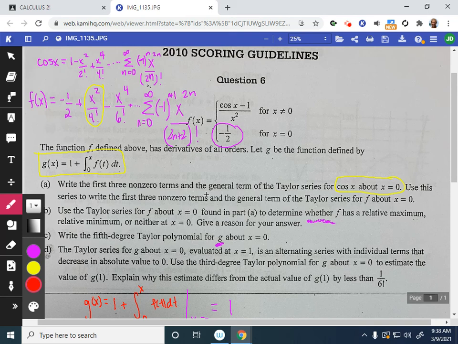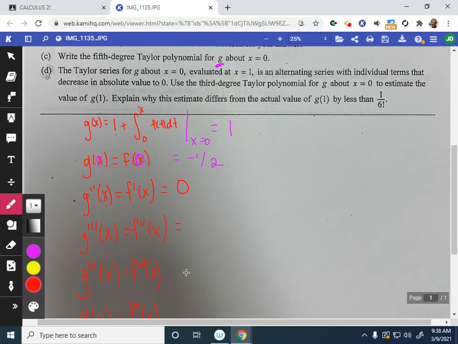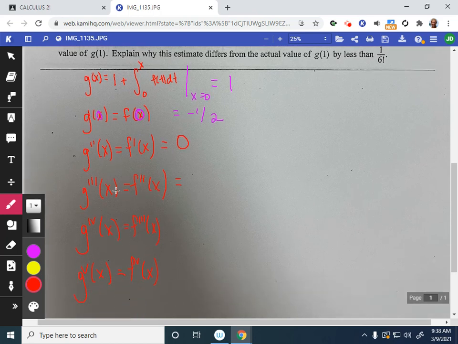Wait, why am I doing it this way? Oh my gosh. Why am I not taking the integral of the series? That would be so much easier. Okay. I was just about to go through and find all of these derivatives, but what if instead,